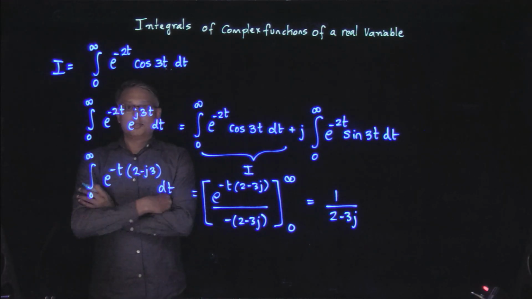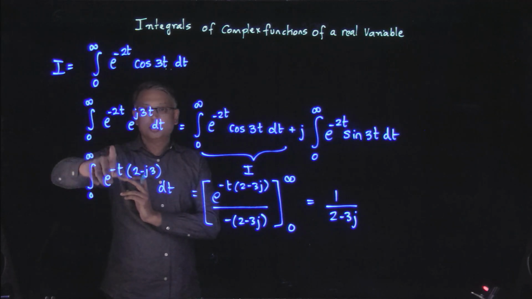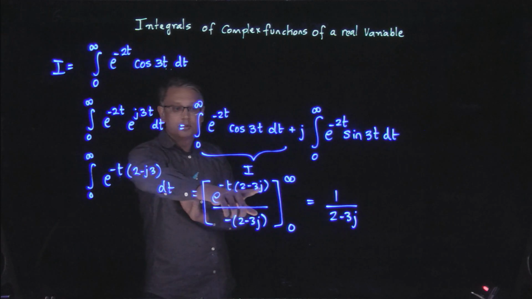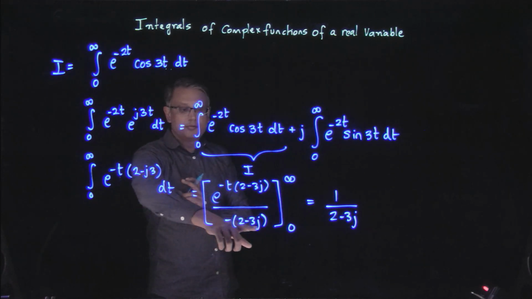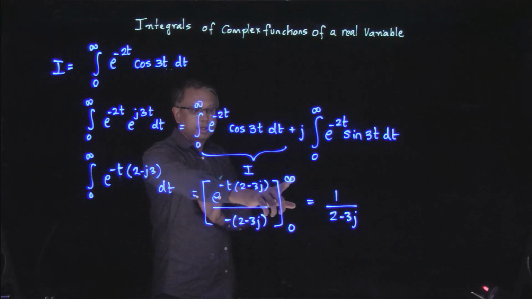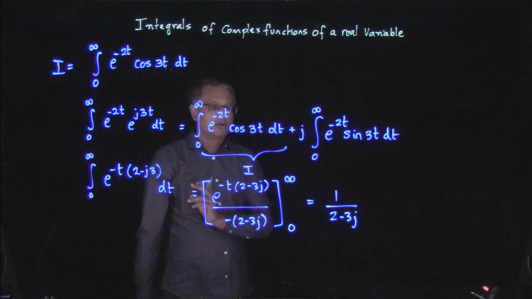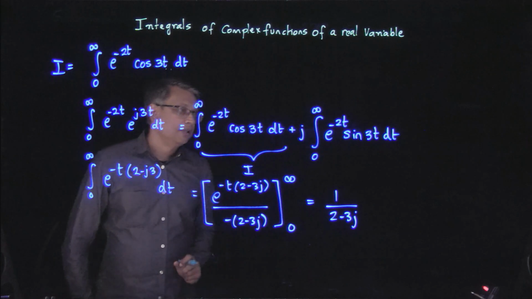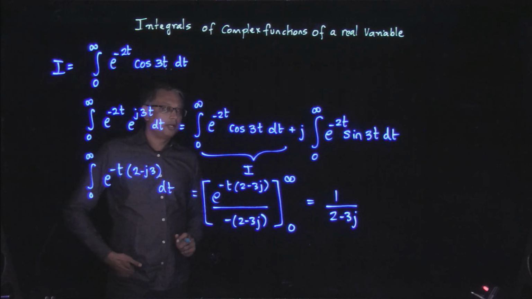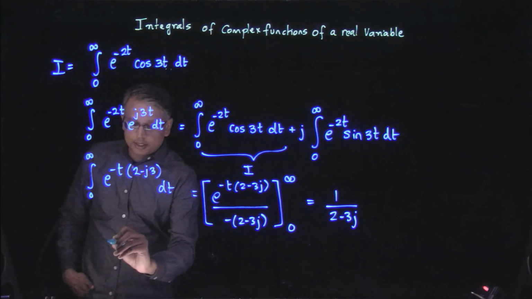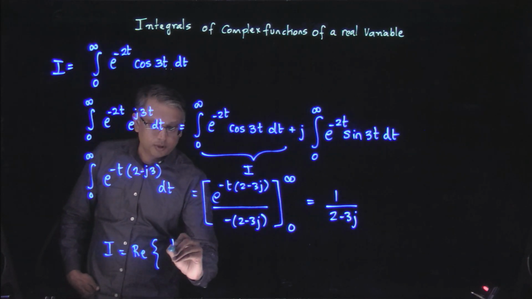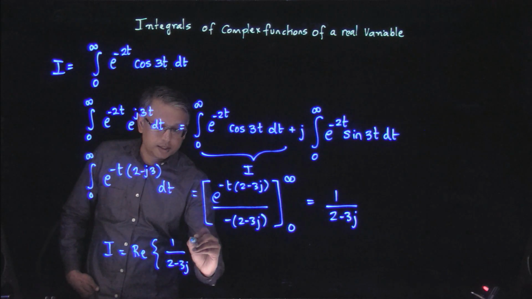Let me make sure I get this right. So e to the negative t times 2 minus 3j divided by negative 2 minus 3j, and I plug in 0 to infinity. Yeah, it seems right. So my final answer is the real part of this, right? So the final answer I is the real part of 1 over 2 minus 3j,